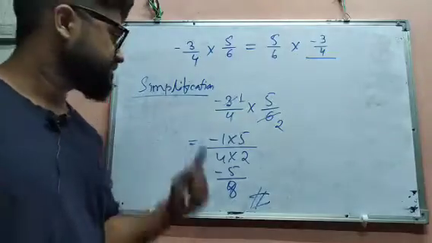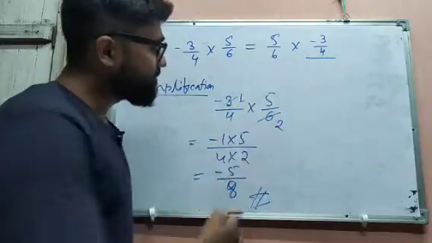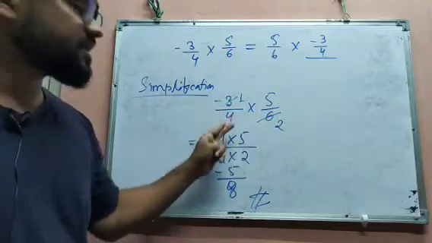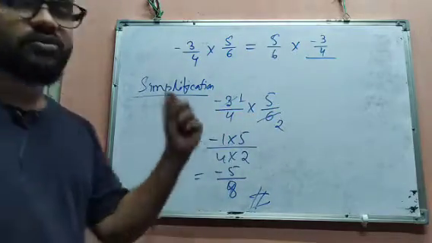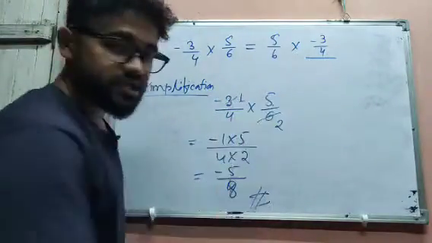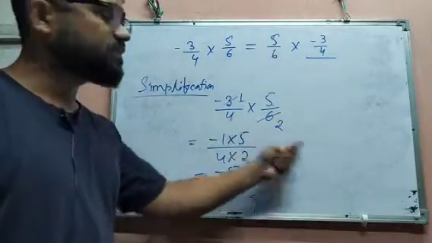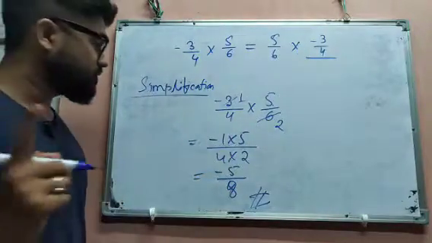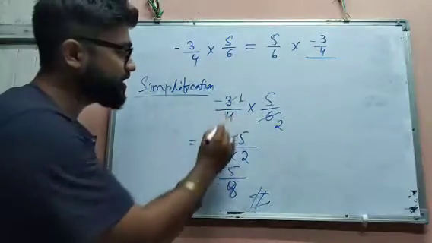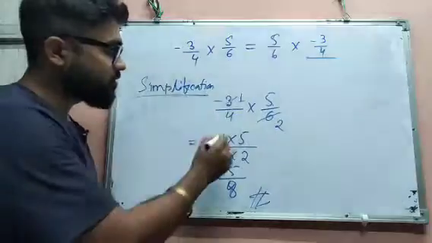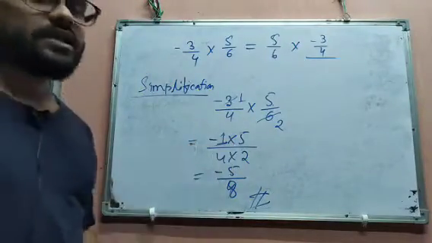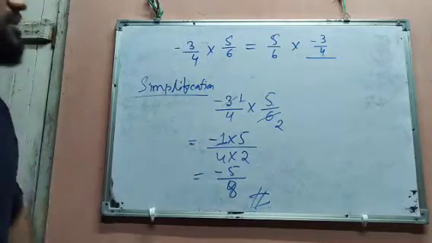So that is how we have to do it. First we have to see if any number can be cancelled. Since here 3 and 6 can be cancelled, we cancel them. After we have cancelled, we do numerator into numerator and then denominator into denominator. And just be careful when you do the cancellation, because here the minus sign is there. So when you cancel 3 by 3 one time and write here, you must write minus 1. If you write only 1, then your answer will be wrong. So you have to write minus 1.